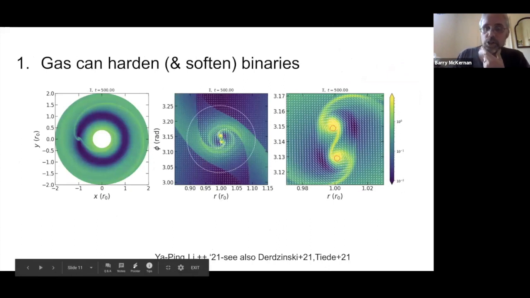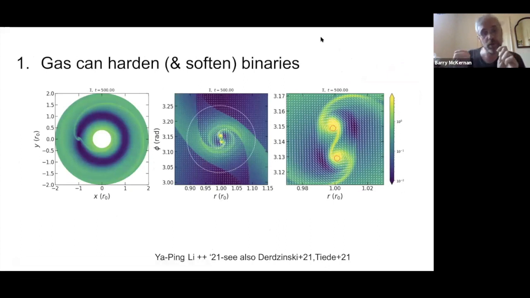So I mentioned that there's two things that can change the size of the binary, that can shrink it or expand it. One thing that can do that is gas. Here are some figures from a relatively recent paper, illustrating some of the points. This is a 2D hydro simulation of a pair of black holes in an AGN disk. The upshot is that when you look inside the Hill sphere, the zone of influence of the binary, and you track the gas flows,